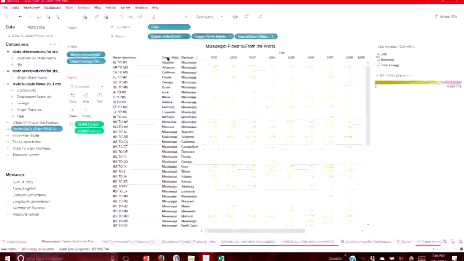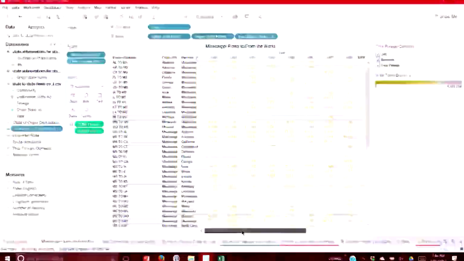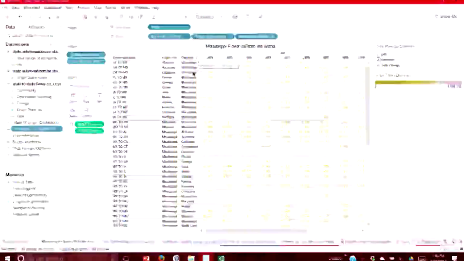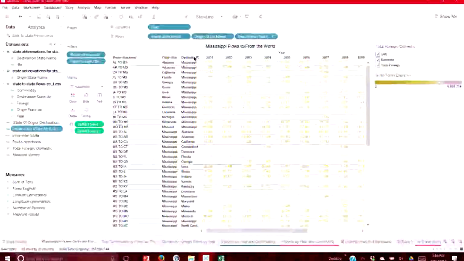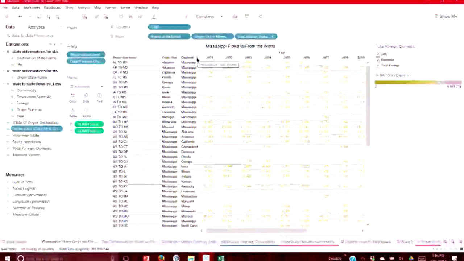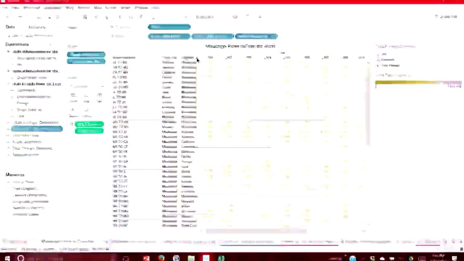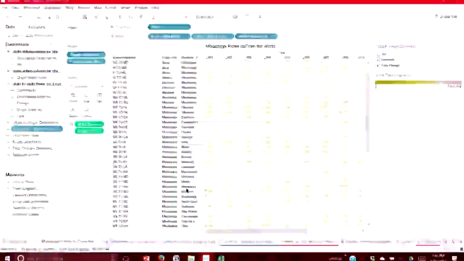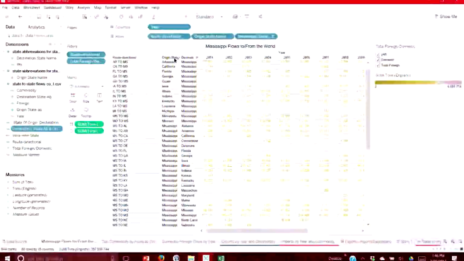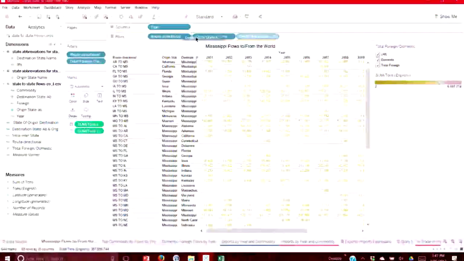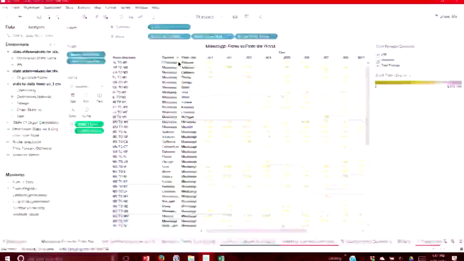Okay. So again, we're looking at this route directional, and we have all these flows to and from Mississippi. Now, if I wanted to, I can sort by Mississippi as the origin or Mississippi as the destination by simply going to the destination state name. I click the little icon that's the sort button, and it'll sort it. It's already sorted that way because it's sorted by origin state, because origin state is before destination state. So I can just simply change the field, and I can do the resort again.